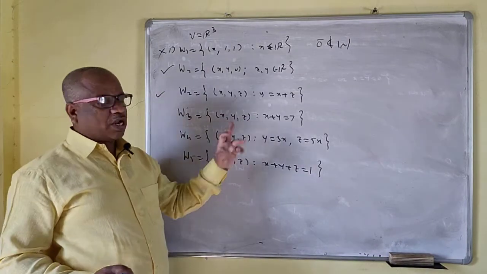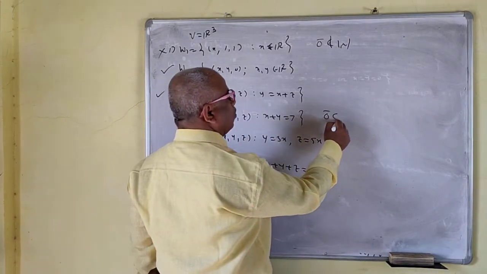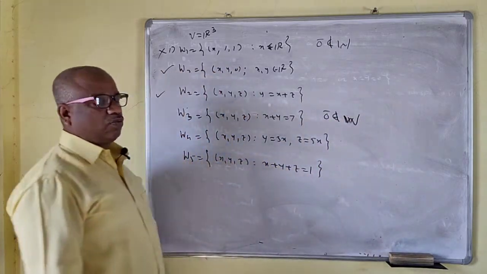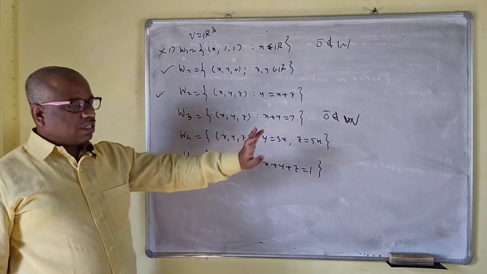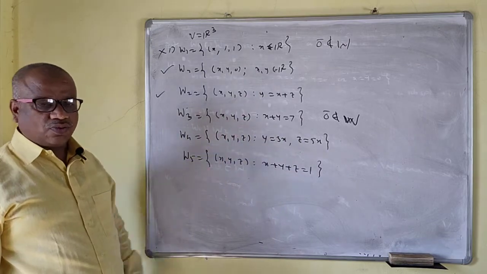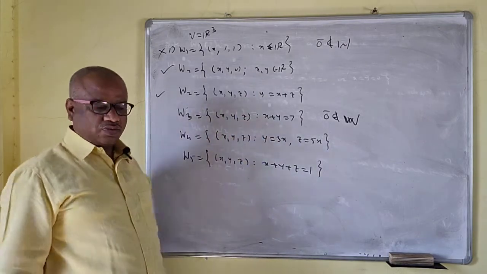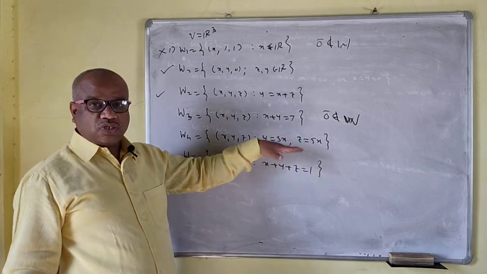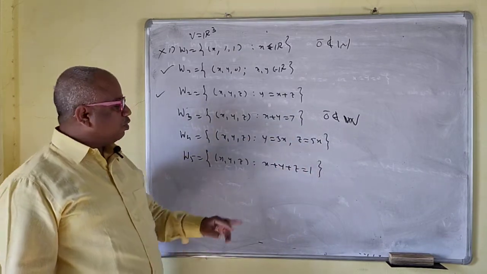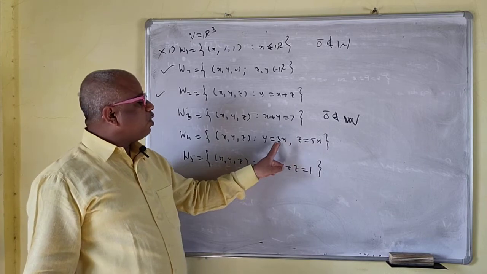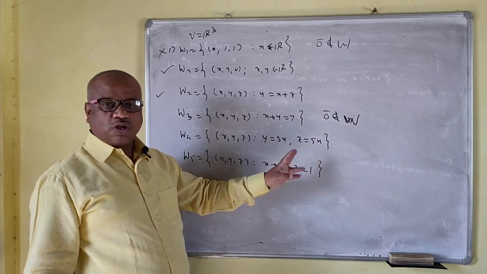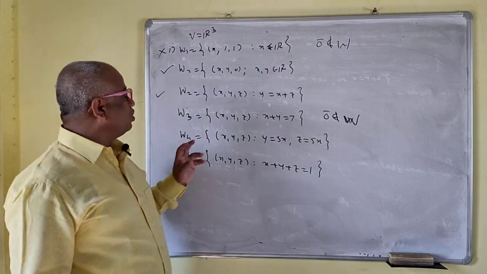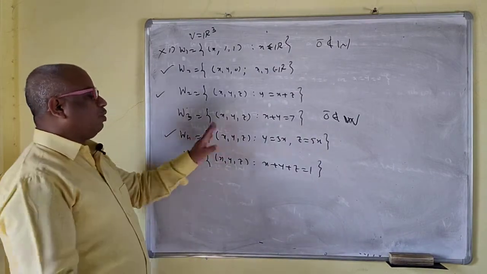Now here, 0 bar does not belong to W. Therefore W is not a subspace, because this is not a line passing through origin, and a line should be passing through origin. Now this is a system of equations; it should be a homogeneous system. y is equal to 3x. If y is equal to 3x plus 2, then it will not be a subspace, or z equal to 5x plus 1, something like this. But now this is the subspace, because 0 belongs to this.